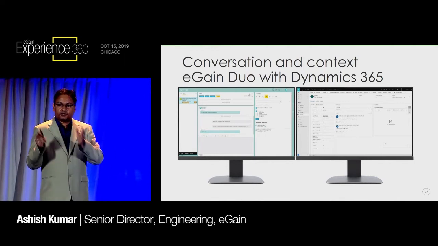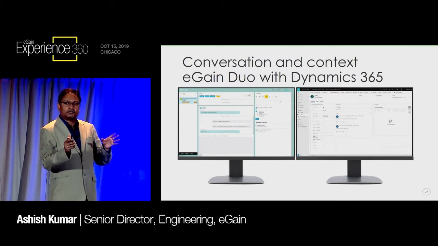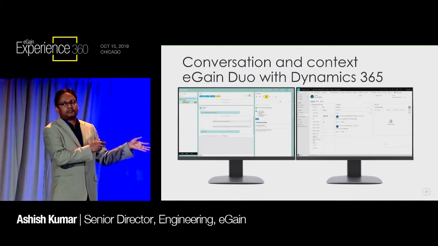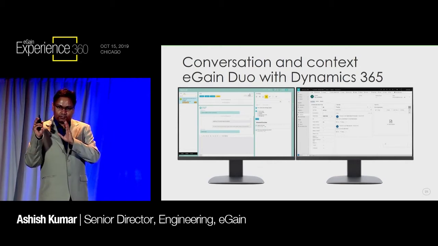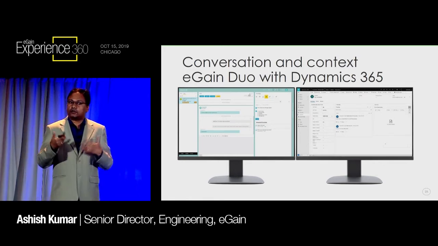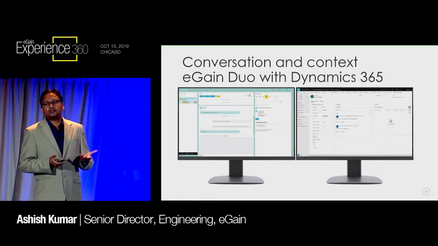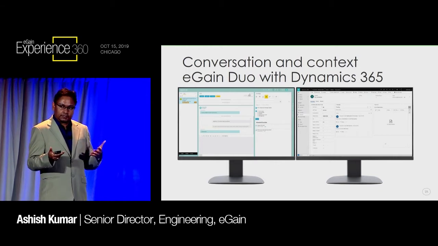The only thing it does is it enables a messaging channel between the two applications. So your Dynamics 365 is on its own, you're not embedding that inside eGain, and eGain Advisor Desktop is on its side, you're not embedding Advisor Desktop inside Dynamics, so no friction. As long as you are able to inject a JavaScript on the other side, Dynamics 365 or a homegrown CRM or any other system of record that you're using, then the messaging channel can be established.